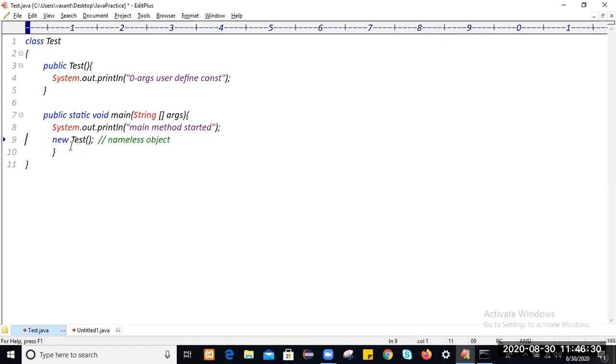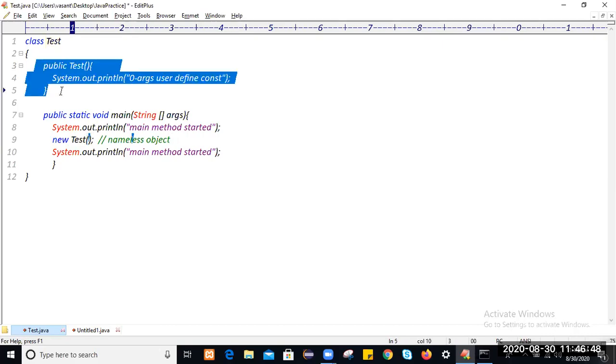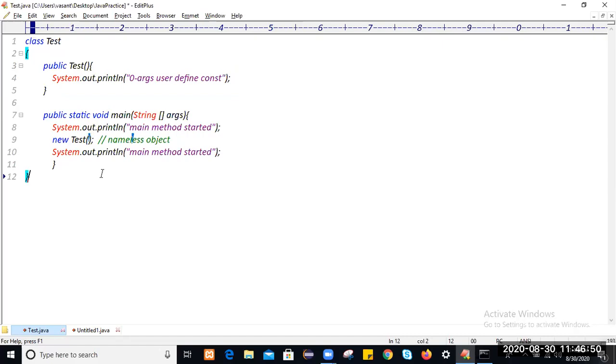We are not creating any reference variable. When you execute this program, the main method will get started. The moment you write the statement new Test(), the object will get created, and the moment the object gets created, this constructor will get executed. Then I will print "Main method ended" here.